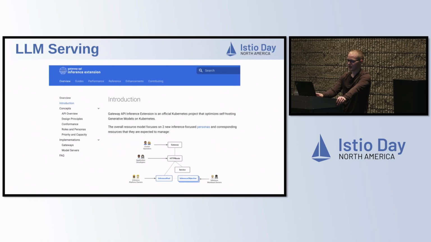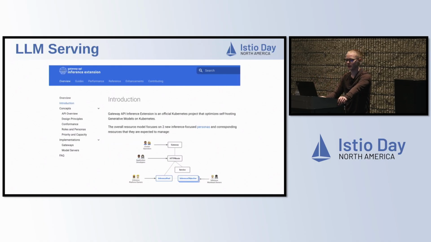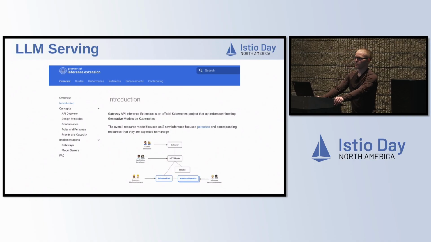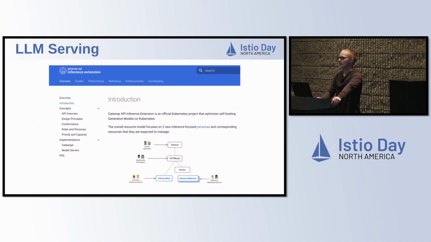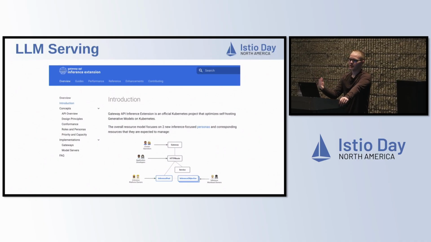Even better news is that all this effort is being done in an open source project called the Gateway API Inference Extension, which is part of Kubernetes Gateway API. What it's basically doing is taking this Gateway API and adding first-class support for routing to inference workloads or LLM serving workloads. And what this does is basically take any existing gateway that supports it, which we'll get into in a bit, and allow it to call out to this optimized LLM-aware load balancer that's taking in factors like